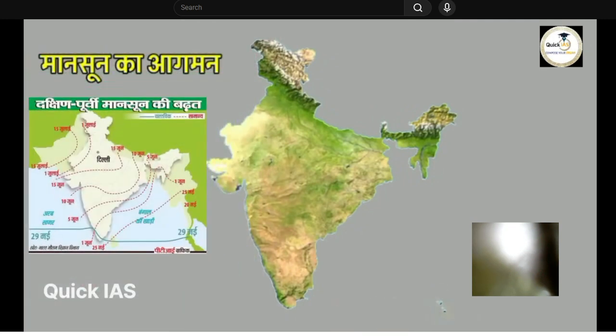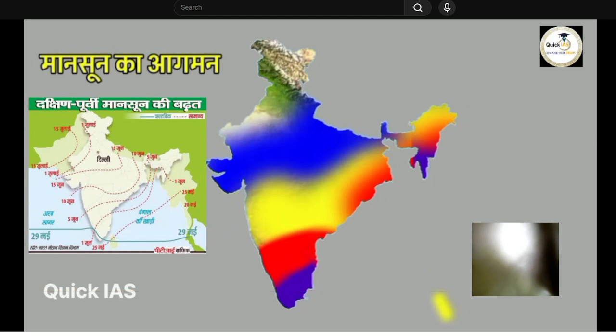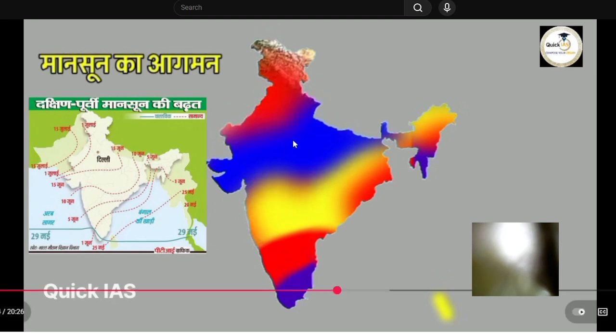It reaches the Andaman and Nicobar coast on May 25th, then reaches Kerala and Chennai on June 1st, and receives heavy rainfall. It touches Kolkata and Mumbai between June 5th and 10, reaches Patna, Ahmedabad, Nagpur between June 10th and 15. After June 15th, it reaches Lucknow, Delhi, and Jaipur, and by July 1st, the monsoon has spread across almost the entire India.